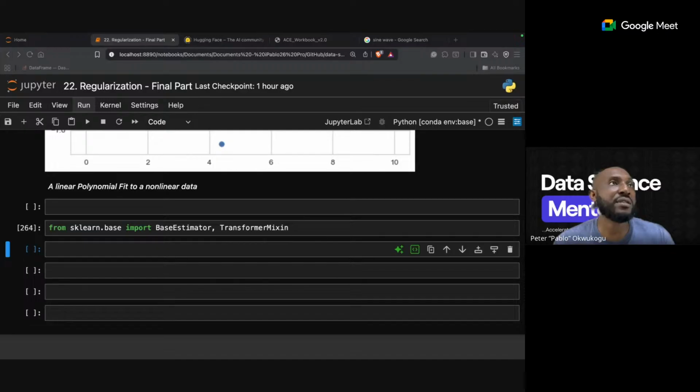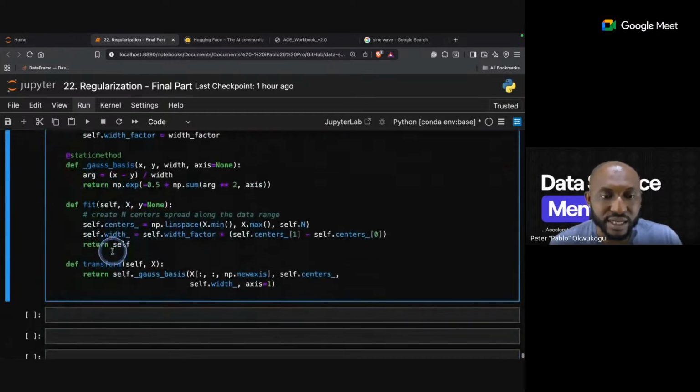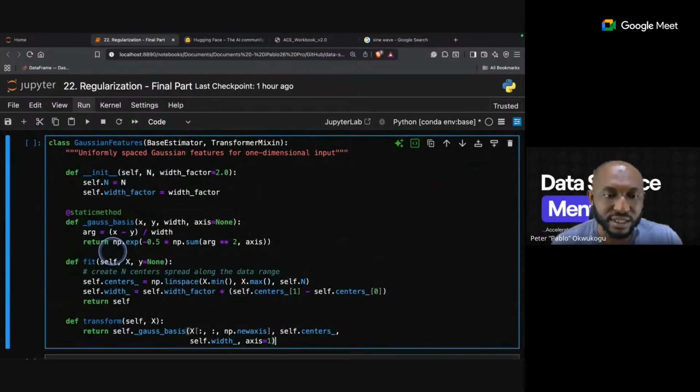Let me just copy all this. Typically what it will do is help us determine the way our inputs look, right? So I'm just going to copy this. Basically we're creating a uniformly spaced Gaussian feature.